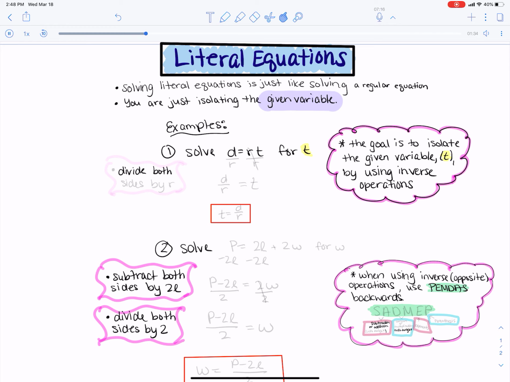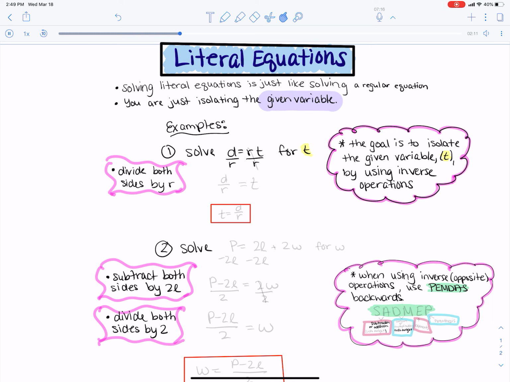Okay? All right, so in order to isolate our variable, we're going to divide both sides by r. Because if we take a look, r is being multiplied by t. So t is what I want to solve for. That's what I'm trying to get by itself. So in order to get it by itself, I'm going to undo the multiplication, and we're going to divide both